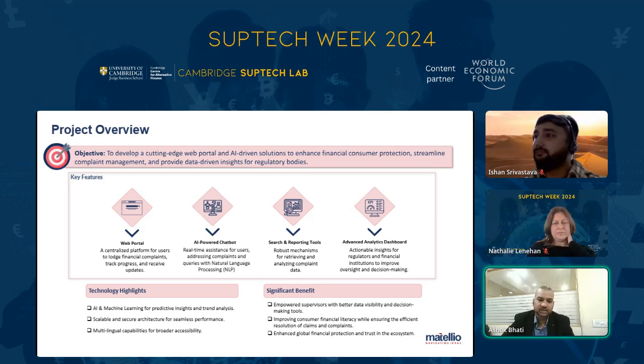Let's move to the second part, which is the AI-powered chatbot. Our chatbot makes interaction simple and user-friendly. It guides users through the registration process, helps them file the claim step by step, and ensures that no important details are missed. Users can also check their claim status and other things on this chatbot itself. This chatbot is also integrated with popular platforms like WhatsApp, Facebook, and Insta, providing users access to the service anytime.